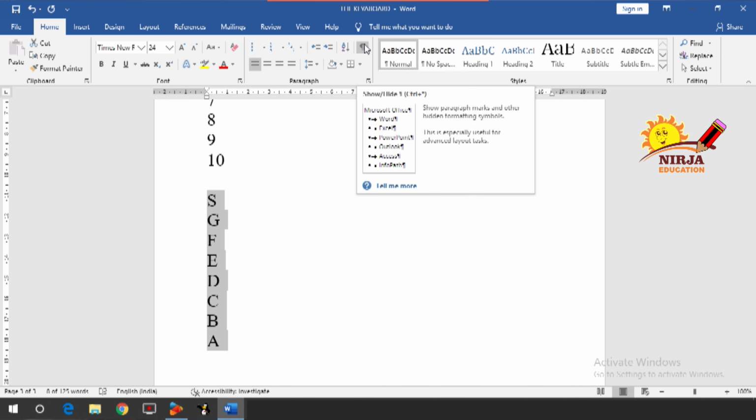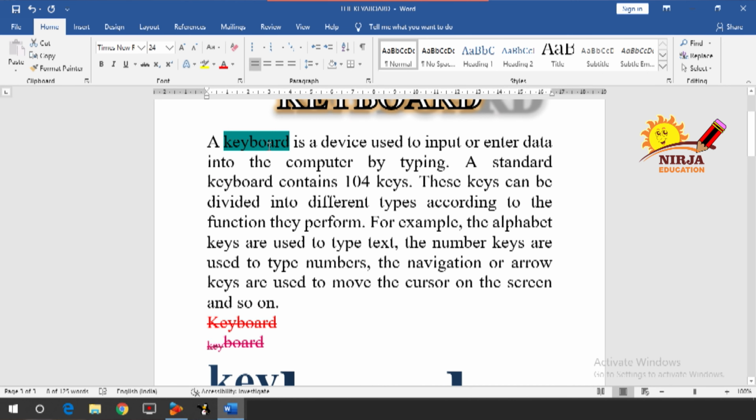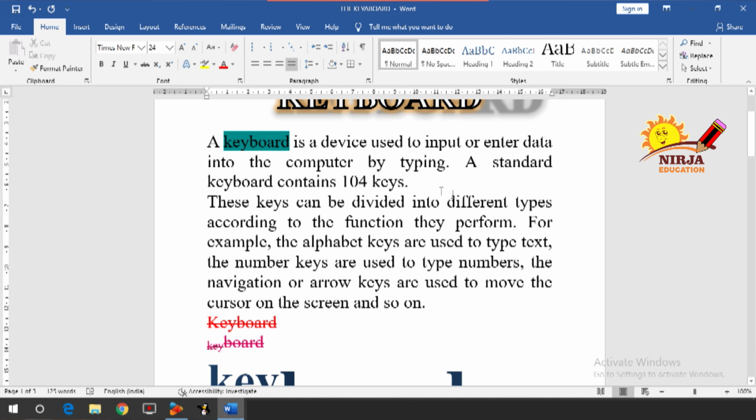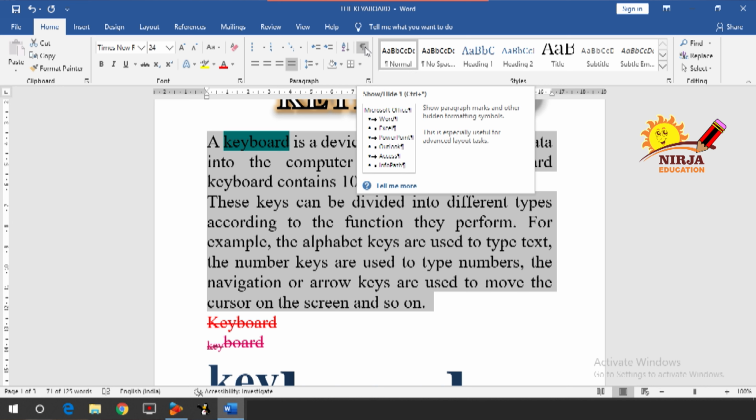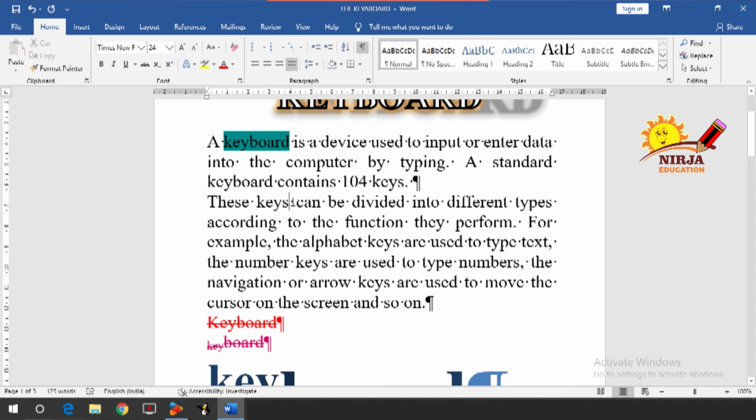Next up we have the show or hide. In this one, show paragraph marks and other hidden formatting symbols. This is especially useful for advanced layout tasks. So let us take your paragraph in which I am going to give enter over here. Click on the show or hide button. As you can see, wherever space is there, they have given a dot.